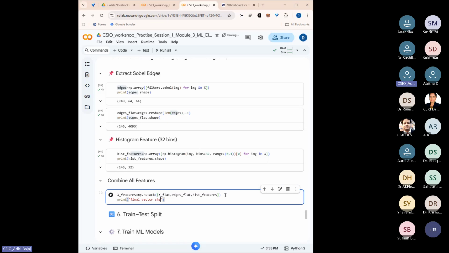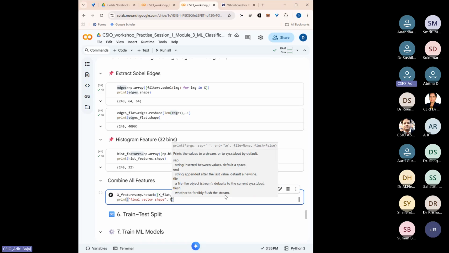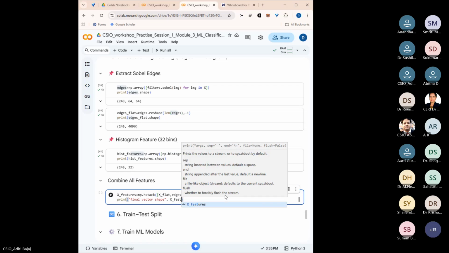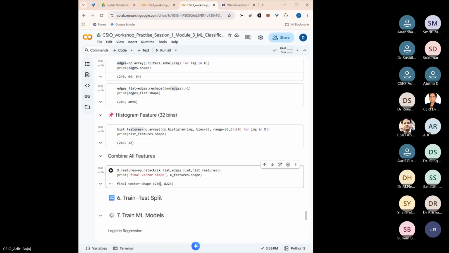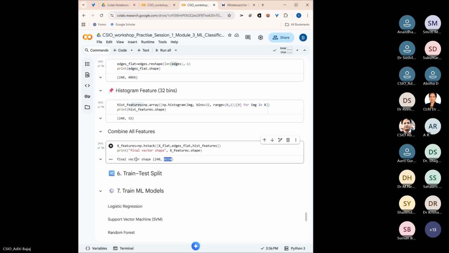Final vector shape, it is X features dot shape. So you can see initially there was 4096, and then again 4096 from the Sobel, and then from the histogram there are 32. So in total there are now 8224 features. And